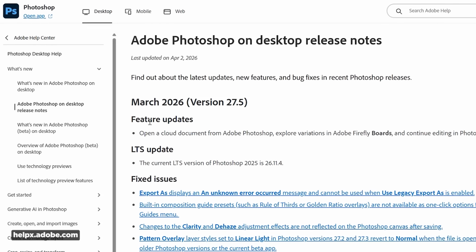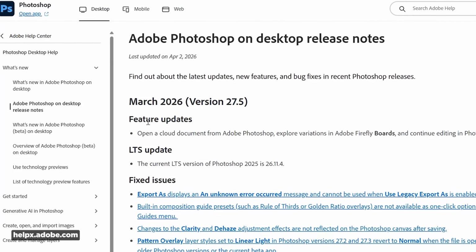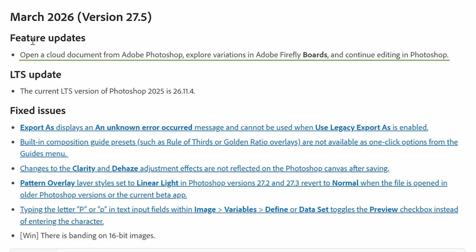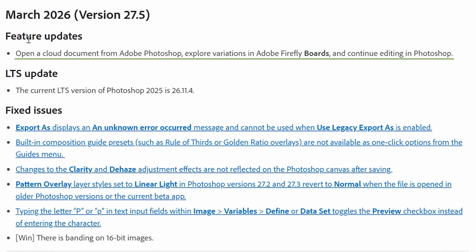Now onto a quick double feature from Adobe. First up, Photoshop 27.5 landed with tighter Firefly Boards integration. You can open up a cloud doc, explore variations in Boards, and do a round trip back into Photoshop. It's a minor update overall, but I personally use Firefly a lot for iteration and mood boarding, so the tighter